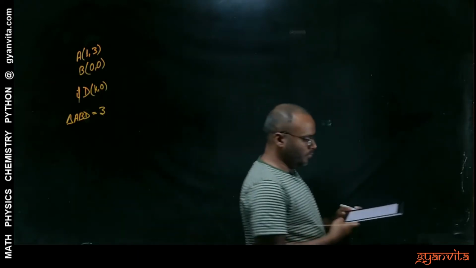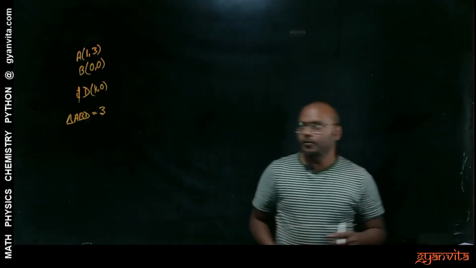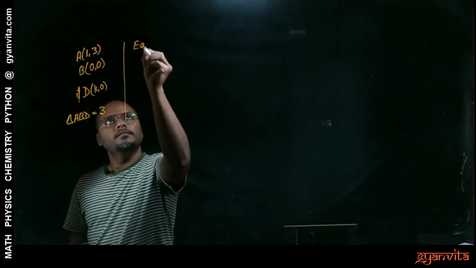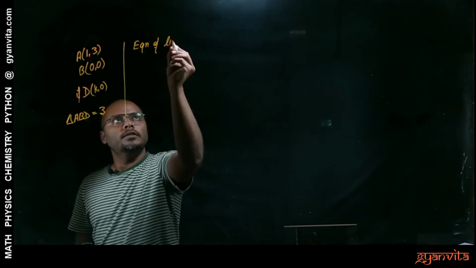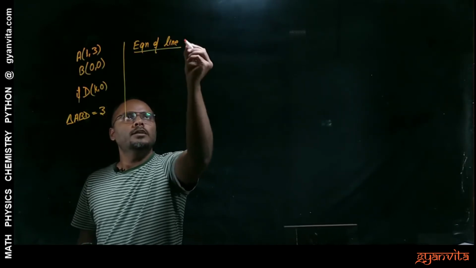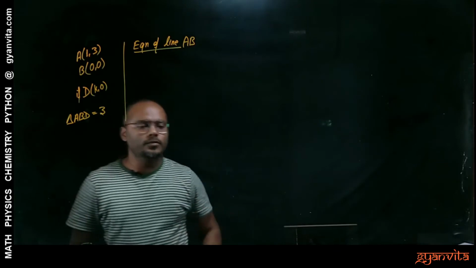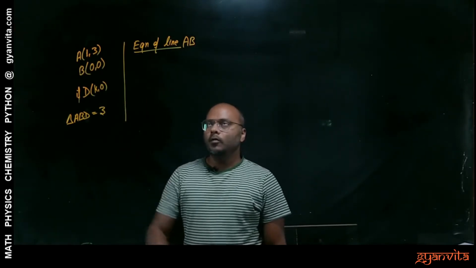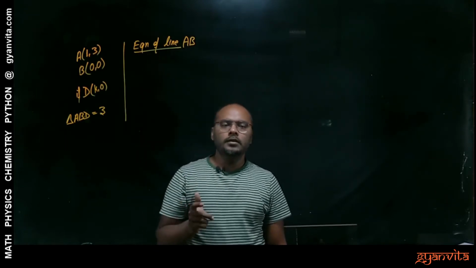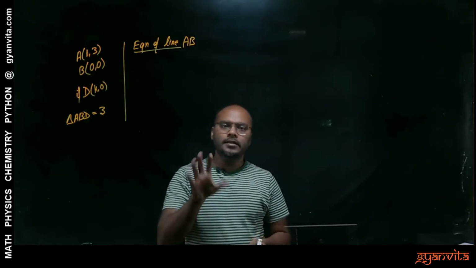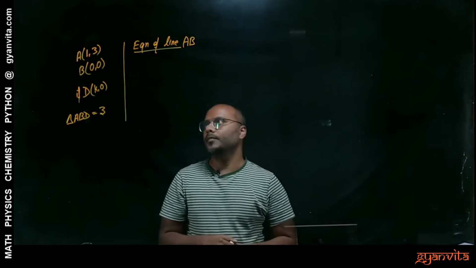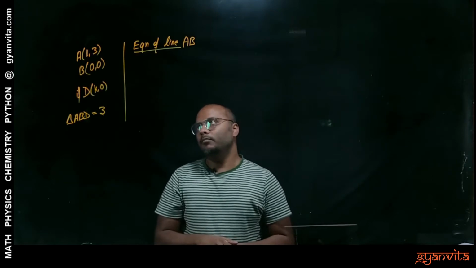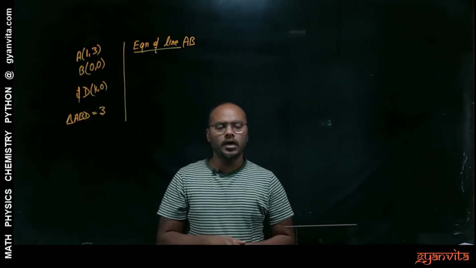What you have to do is, in the first part, find the equation of line AB using determinants. So how can we find that? What is the equation of a line? In 2D it is a relation between x and y, and that relation should be linear. Now you have to find a similar relation here, and apply the concept of determinant. So how are we going to do it?